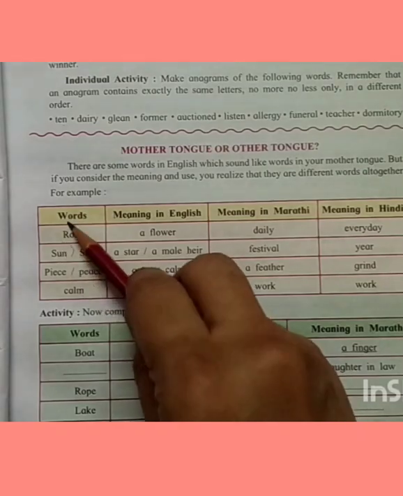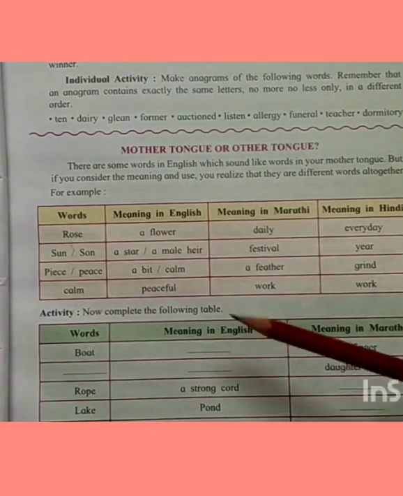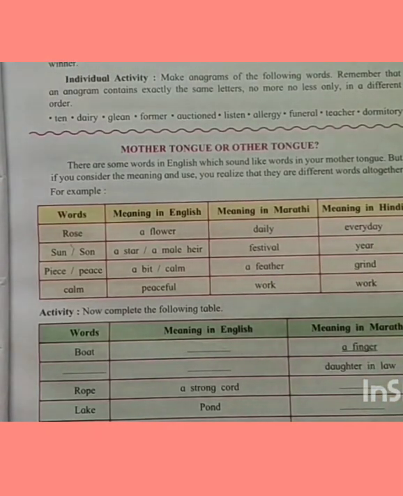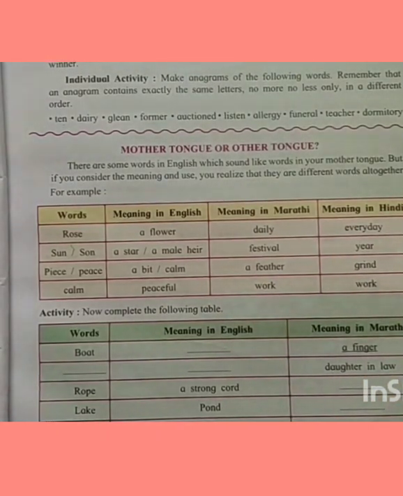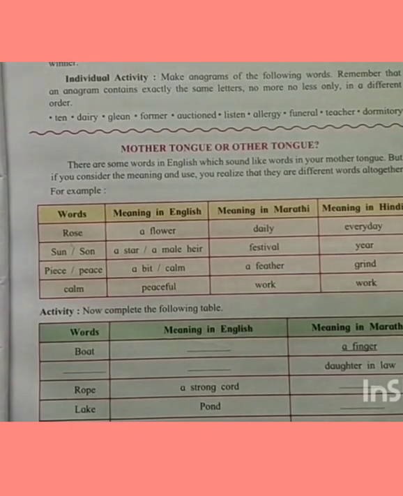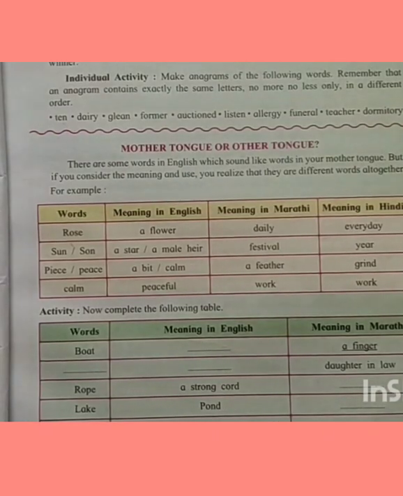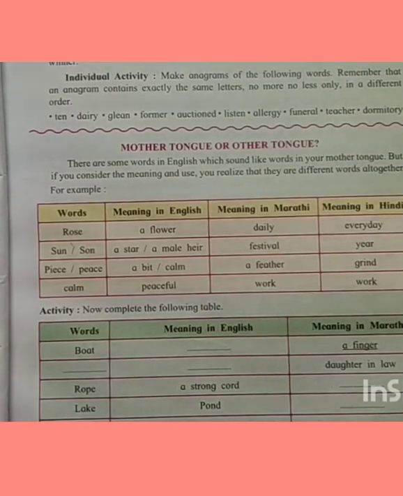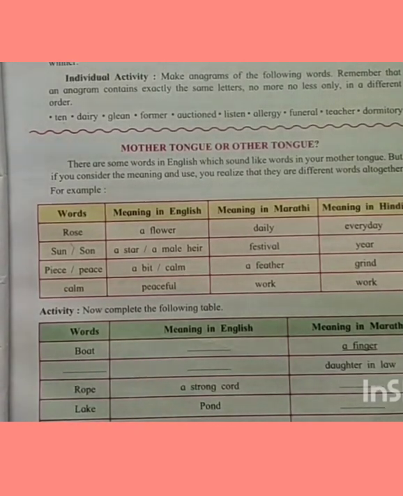So what is the meaning of rose in English? It is a flower. But in Marathi what we say, rose. मी रोज शाळेत जातो, रोज. Here the word rose means daily, every day. Then in Hindi also it is the same, every day or daily. मैं रोज स्कूल जाता हूँ, या मैं रोज स्कूल जाती हूँ, मैं रोज खाना खाता हूँ, मी रोज जेवते, मी रोज टीवी बघते. So here the meaning of rose is every day, but in English the meaning of rose is a flower.